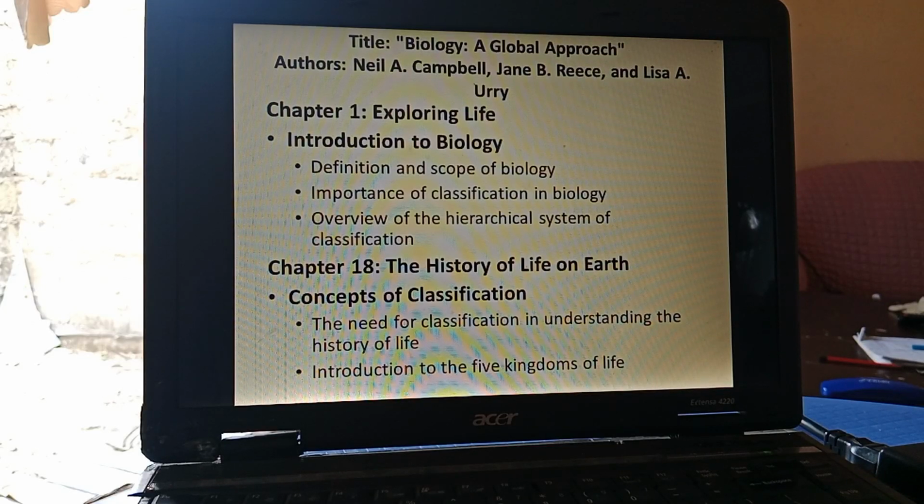And in the first section, you have Introduction to Biology, where you have definition and scope of biology, importance of classification in biology, overview of the